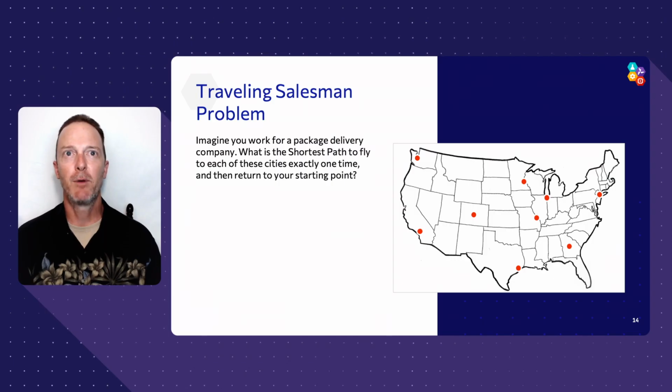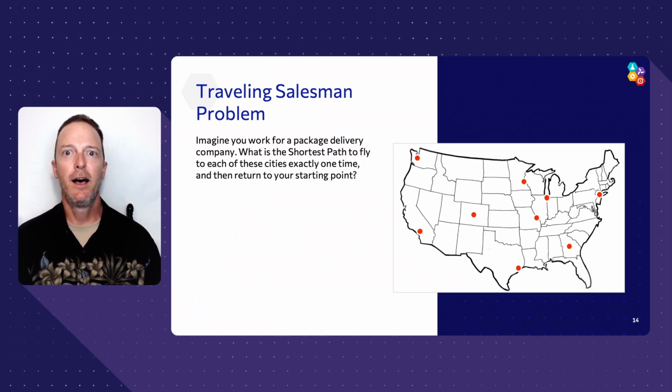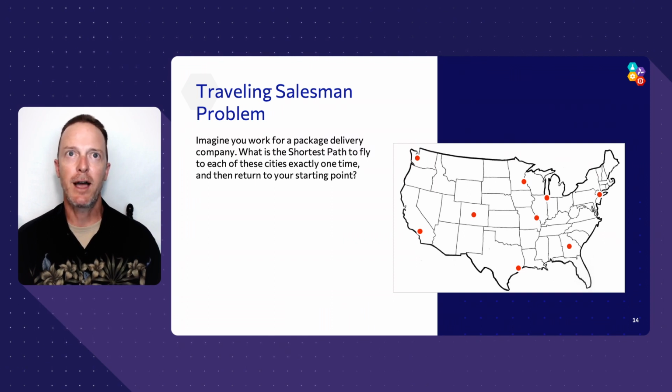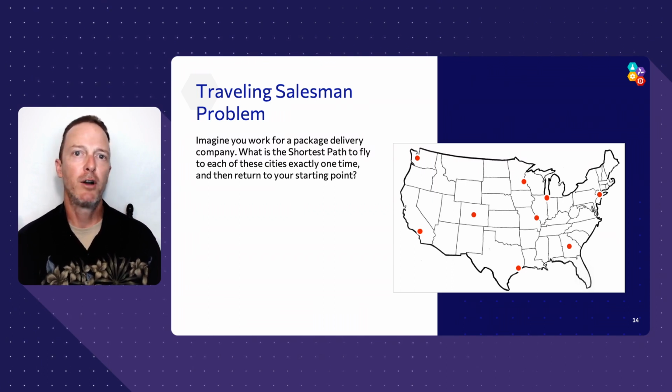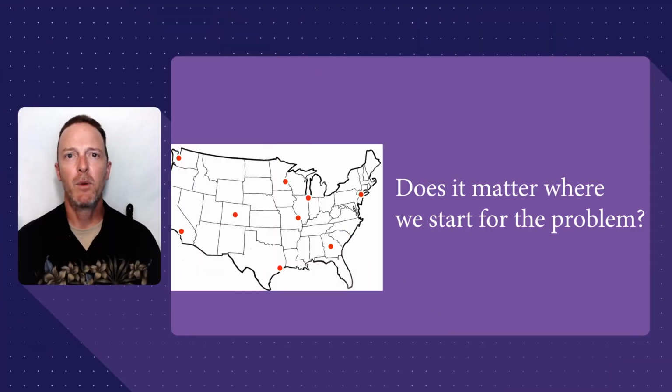Well, you want the most amount of people to fit on that airliner. Let's say you want to shorten delivery times, minimize delivery costs, save fuel, and maybe even help save the world. Well, this is an example of a network problem being applied. Companies like FedEx, UPS, and Amazon. This also scales to a local delivery driver who drives around town for DoorDash or Grubhub. The Network Challenge will give you an introduction to the traveling salesman problem in part 1. And in part 2, you will use this information to find the optimized route. What do you think? Does it matter where we start for the problem?